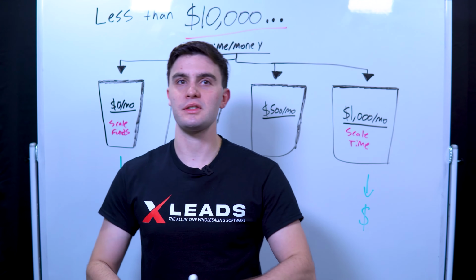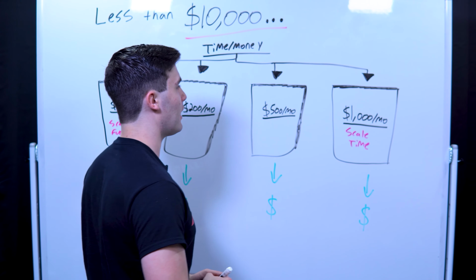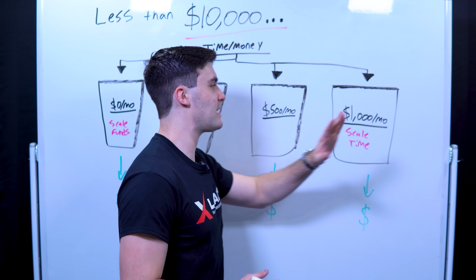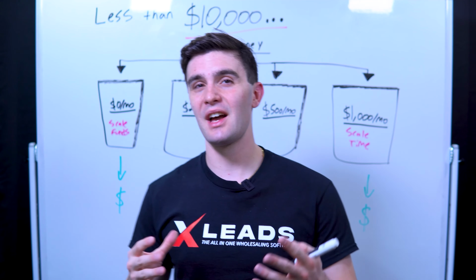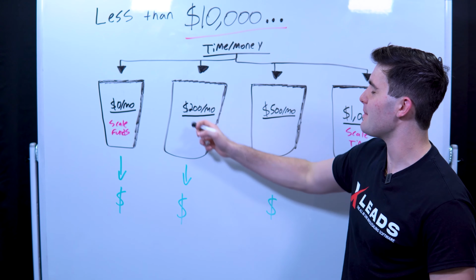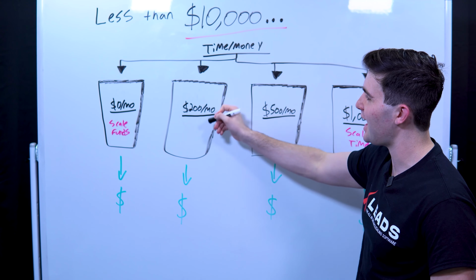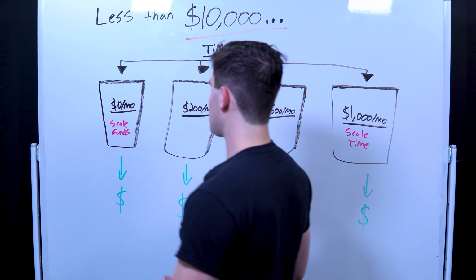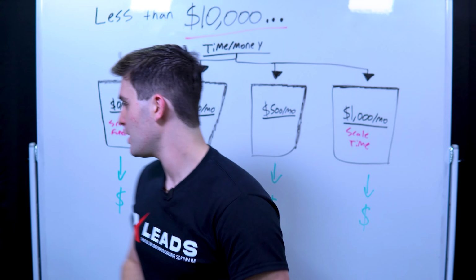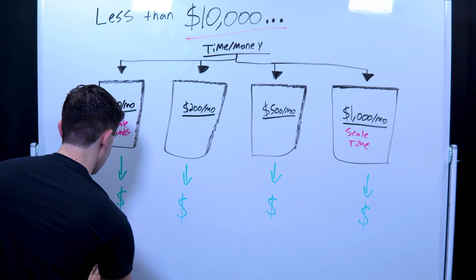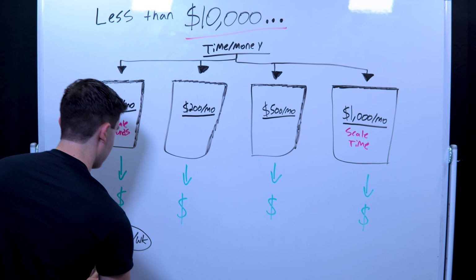Now, the average person will completely assume that this bucket is the magic bucket. If I'm just going to put all my horses in, this is how I make the most money, and you're probably going to be wrong. The majority of wholesalers that actually have success are probably in this type of bucket, because it's not about how much money you put in this business if you do not have the time, the hustle, or the ambition. So I'm gonna say for the average wholesaler, if you have $0 a month and you wanna get a deal this month, you need to put in probably 40 to 60 hours every single week for you to actually get the success you want.